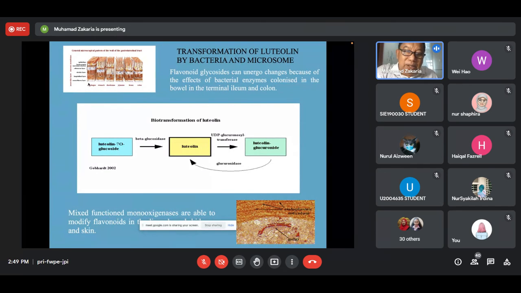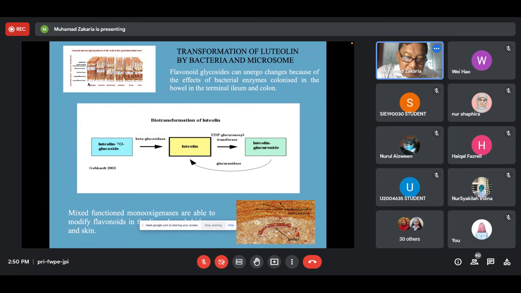Luteolin. In the old days, luteolin, the yellow substance found in plants, was used as a coloring agent, especially in Europe. But I think it is probably still used in some winemaking and so on. Transformation of luteolin by bacteria and microsome. Flavonoid glycosides can undergo changes because of the effect of bacterial enzymes colonizing the bowels, in the terminal ileum and colon. Mixed function monooxygenases are able to modify flavonoid